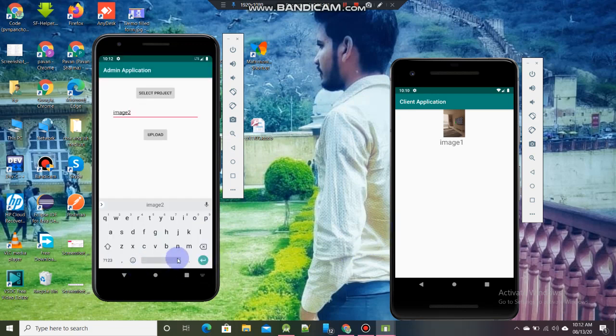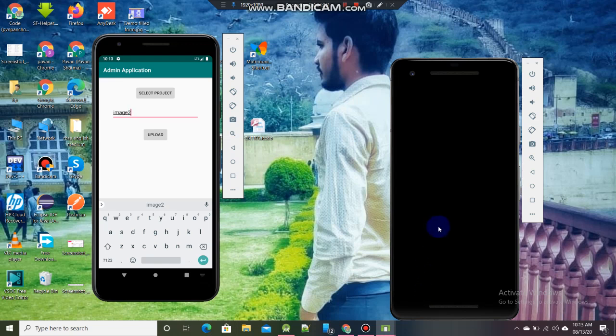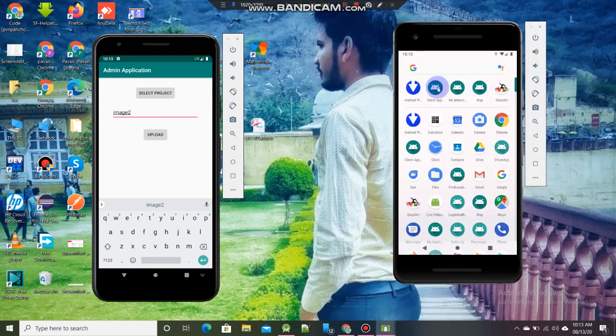File successfully uploaded. Okay, now in the client application it will come through the database. Restart the application.